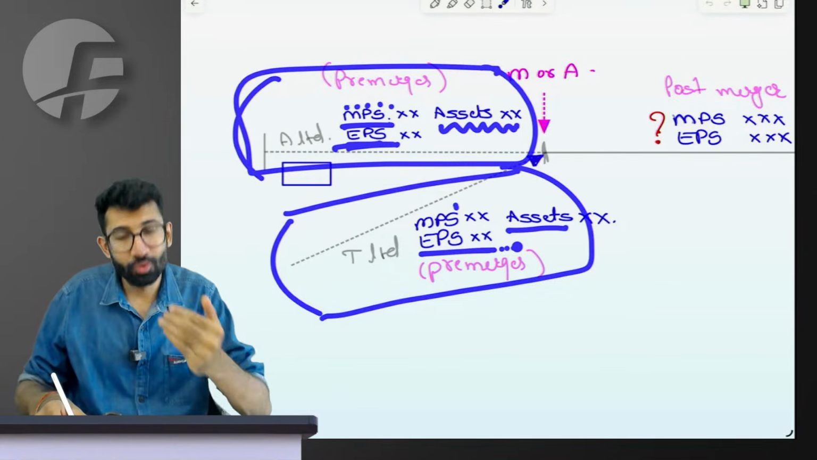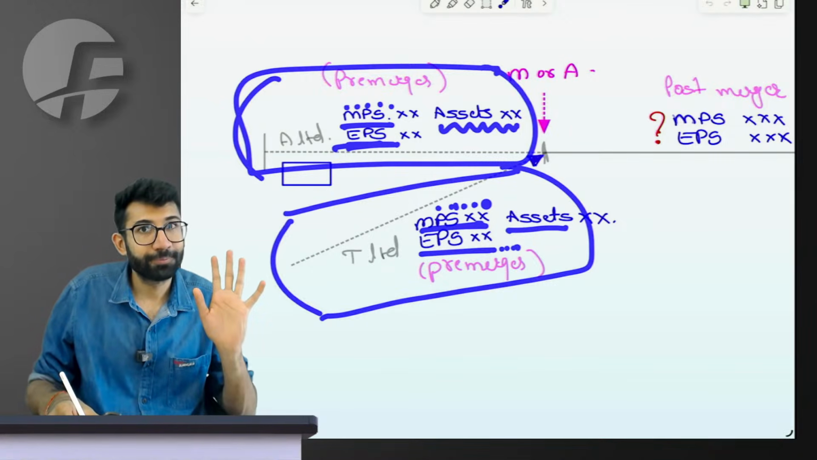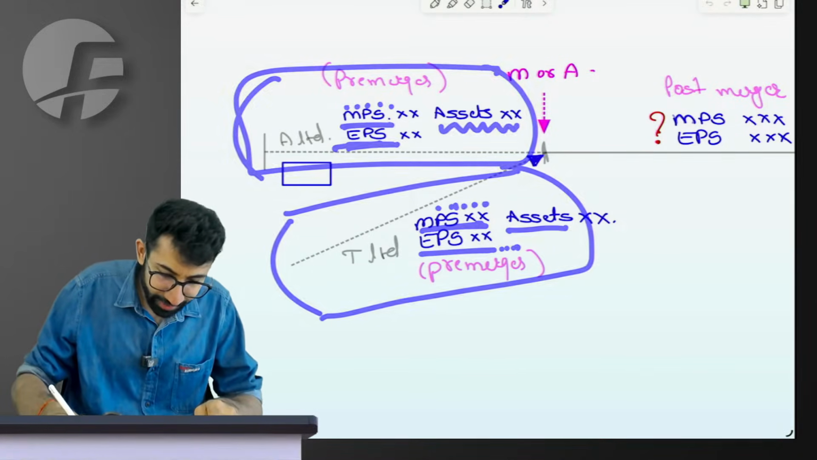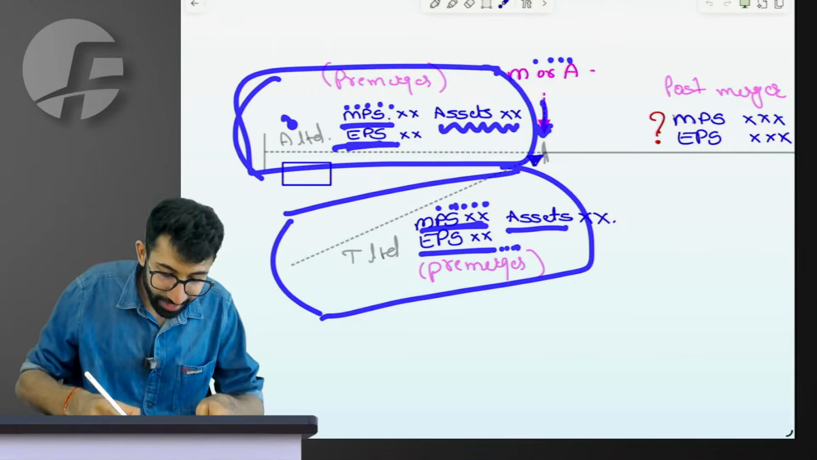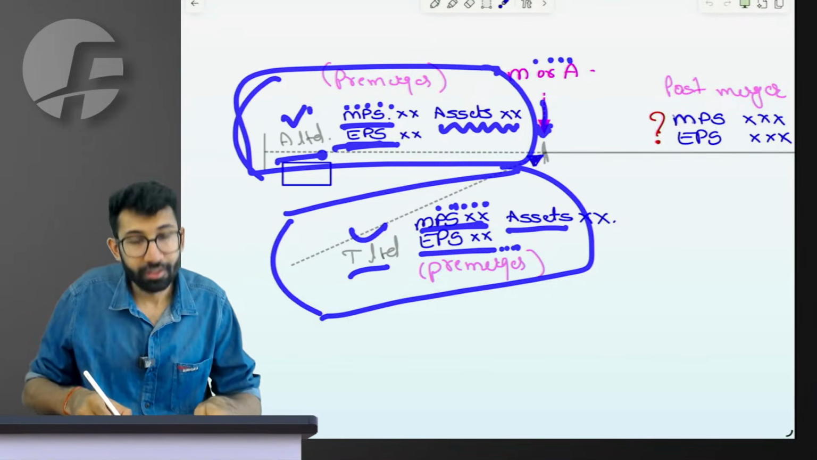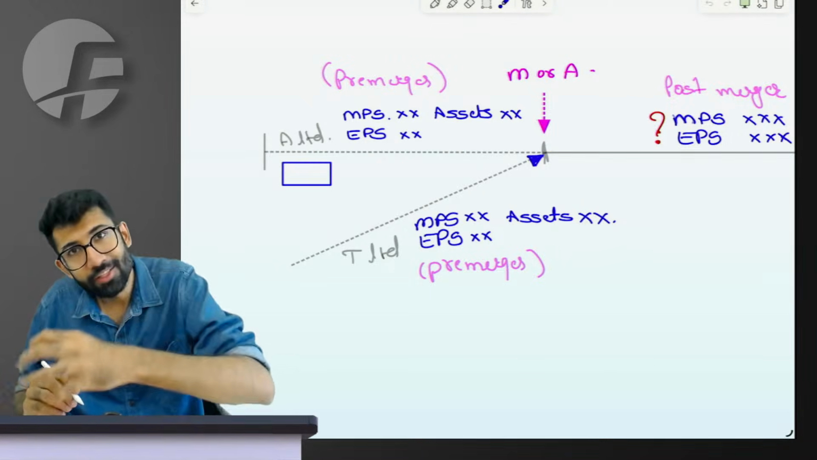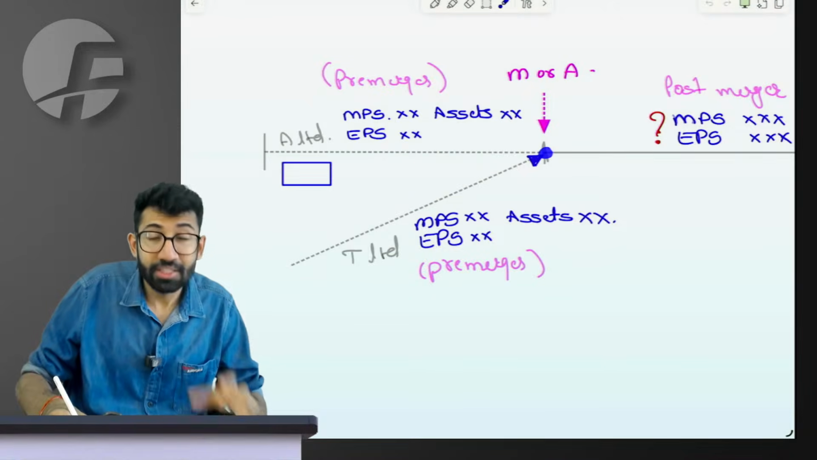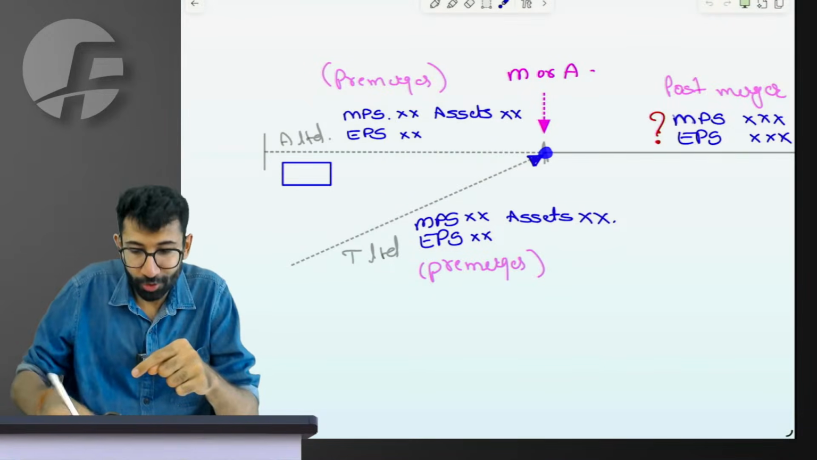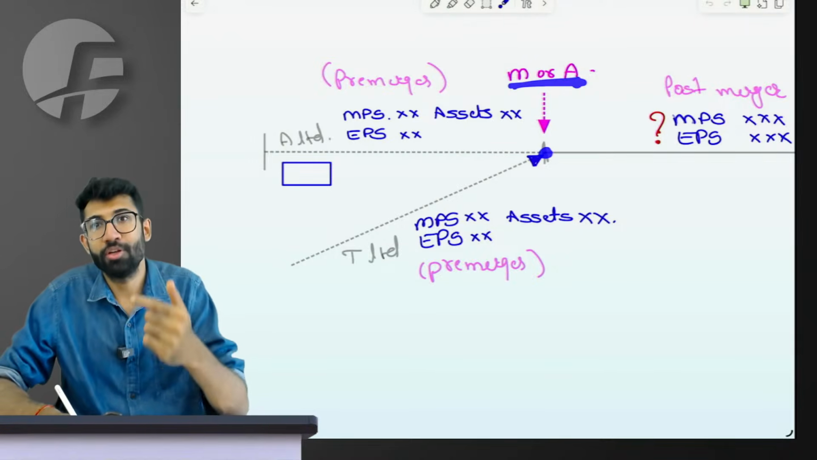So it has its own EPS, and similarly, it has its own MPS in the market. Correct? Fine, sir. At this point, on a particular day, it is decided that A Limited will acquire T Limited, which means A Limited and T Limited agree to this deal where A is going to acquire T. This transaction that happens at this point, we refer to it as merger transaction or acquisition